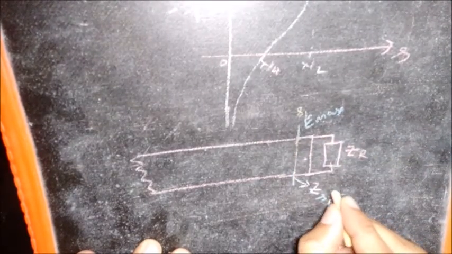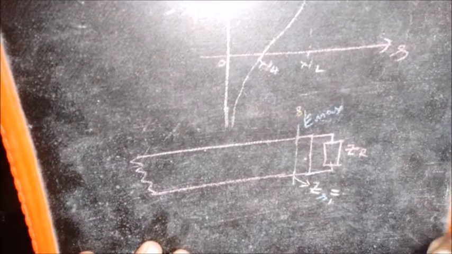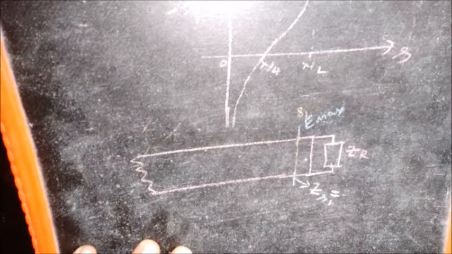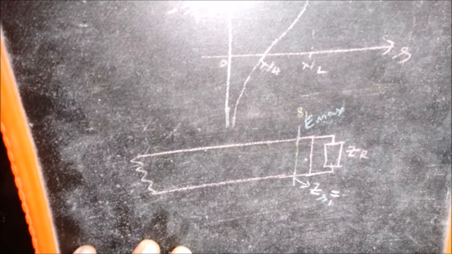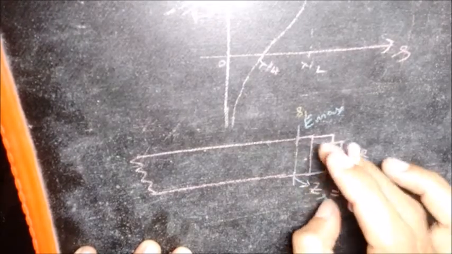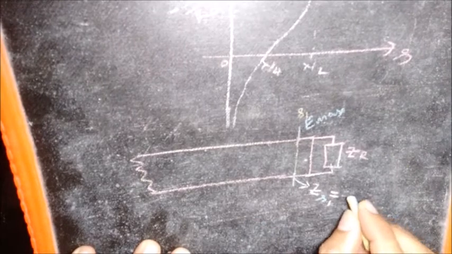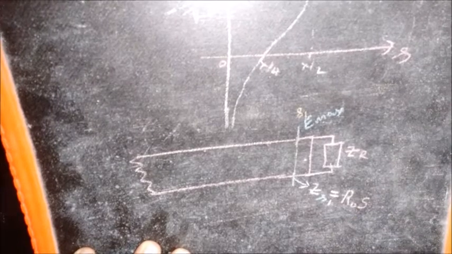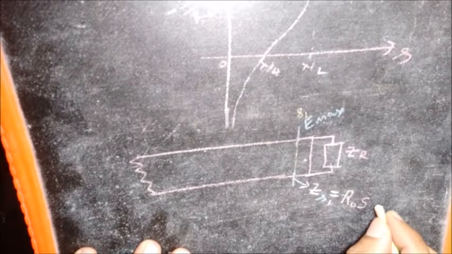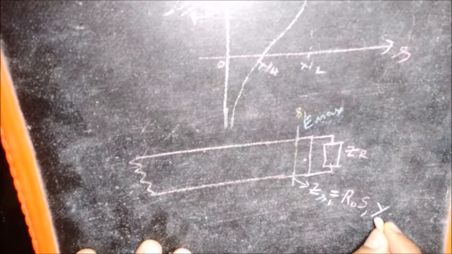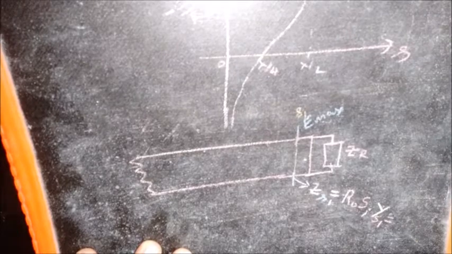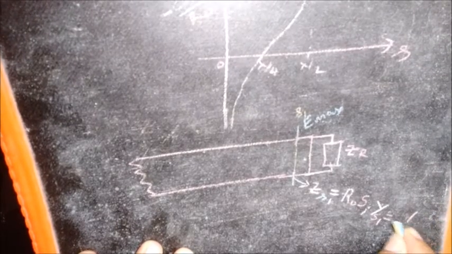ZS1 will be equal to, we know that wherever we have an Emax, the impedance is resistive, purely real, and we know that it will be Rmax because it's Emax, Imin and Rmax that was discussed earlier. So Rmax will be R0 into S, which means that the admittance here, which will be a conductance, will be equal to 1 by R0 S.